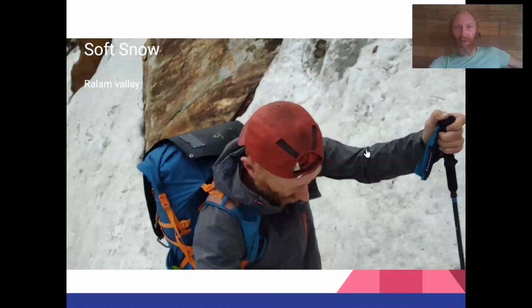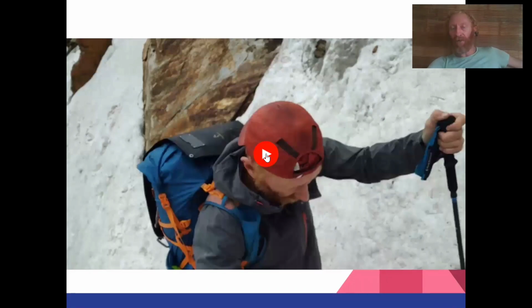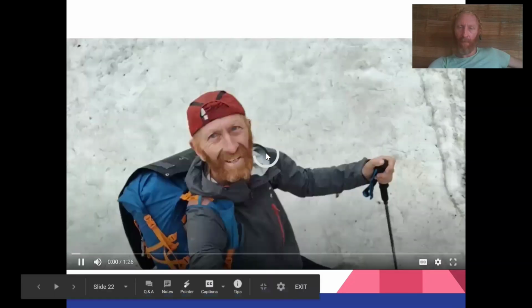Here we have a crossing of a steep valley slope in the Ralam Valley through luckily soft snow, so we're able to actually cut steps inside the snow with my shoes, and with the help of hiking poles get a proper balance. Follow me on this snow crossing in the Ralam Valley. Final section before we hit the opposite side from where we can reach Ralam in another